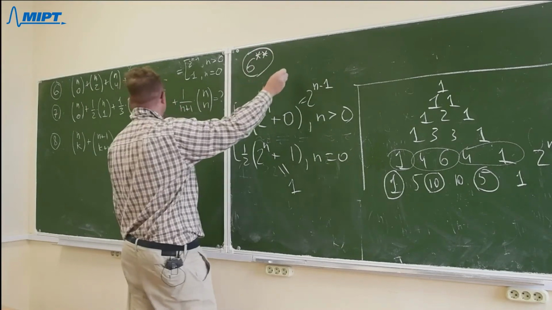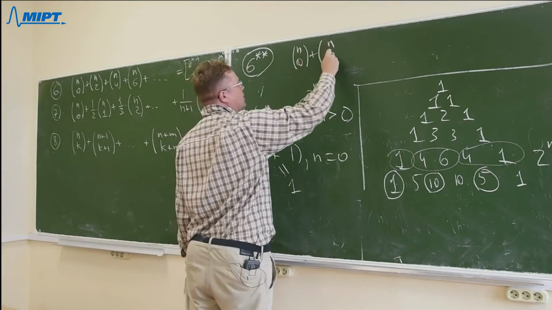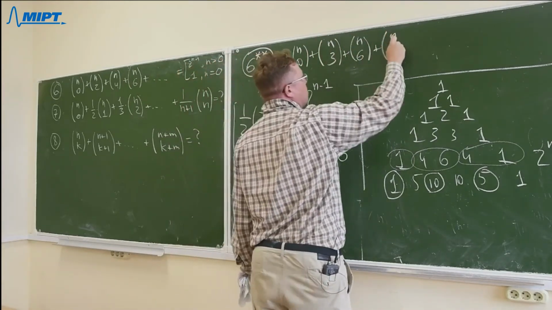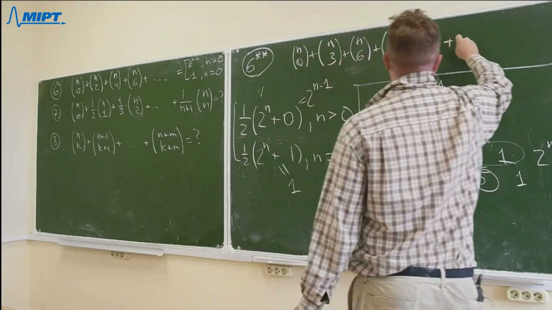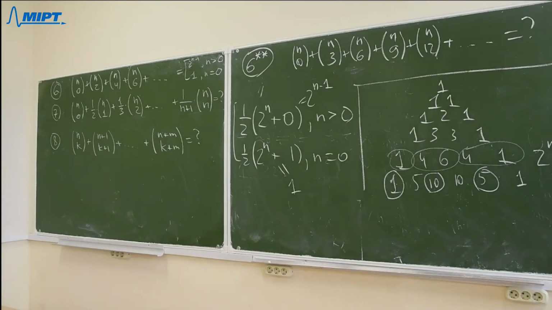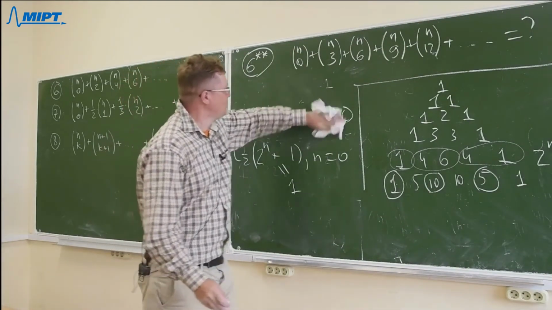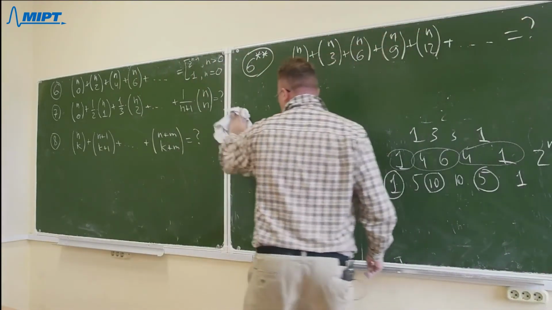But if you want, you can, for example, try to find this sum: the sum of each third binomial coefficient. But it is hard because it uses